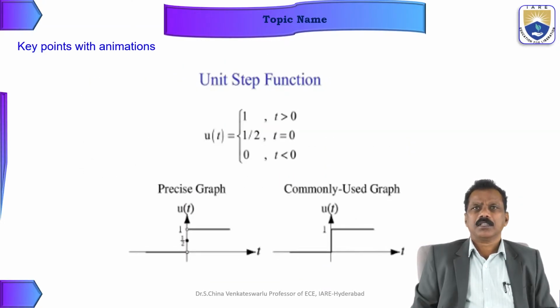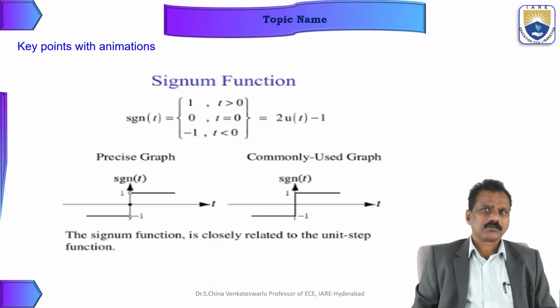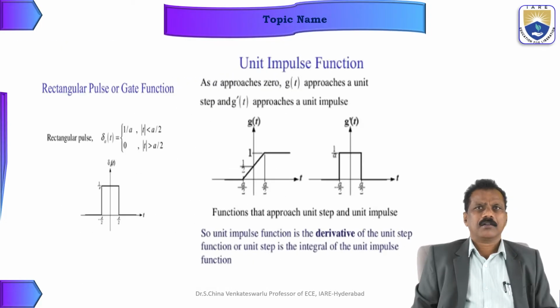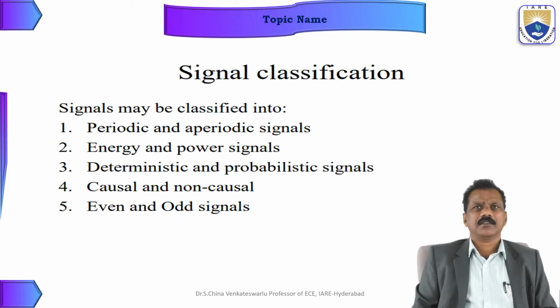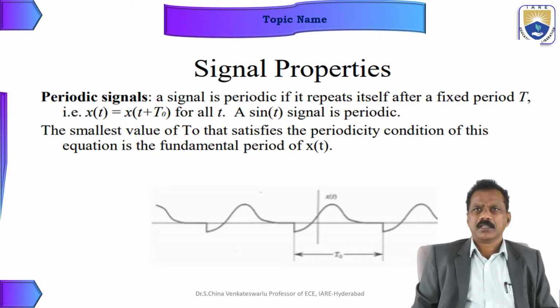Here, signal classifications. A signal may be classified into periodic and aperiodic signals. Next, classification into energy and power signals, deterministic and probabilistic signals, causal and non-causal, even and odd signals. Now the signal properties. Periodic signal: